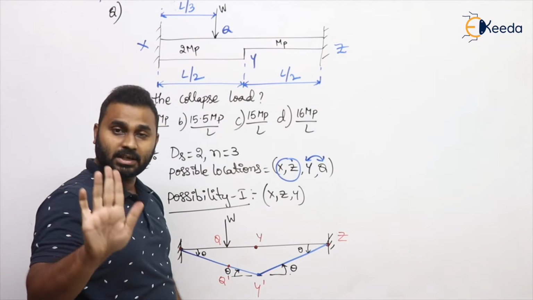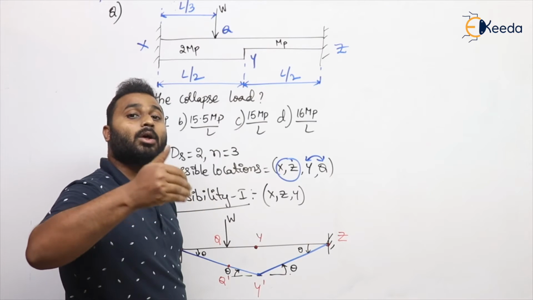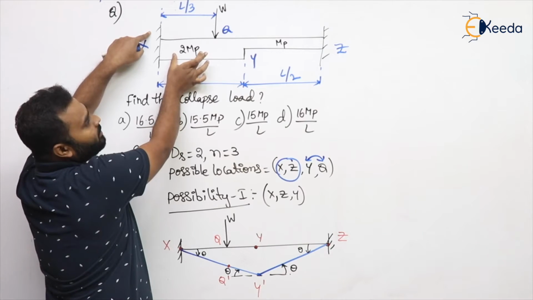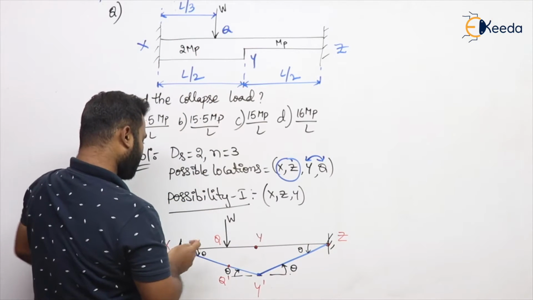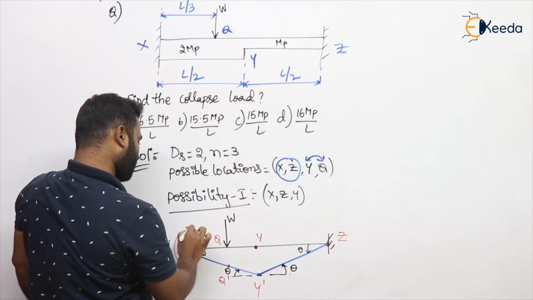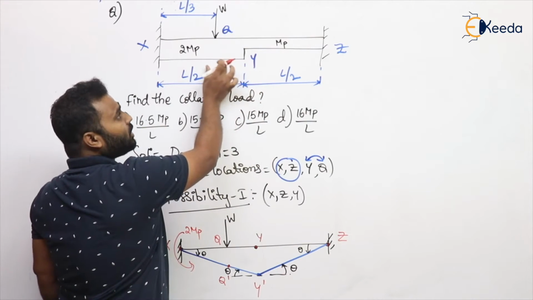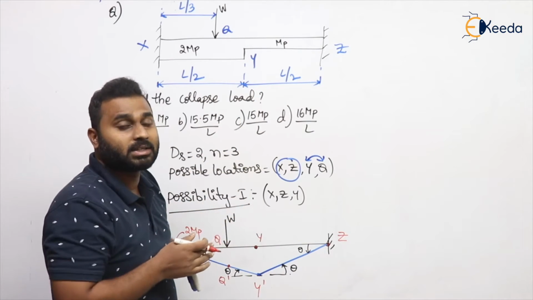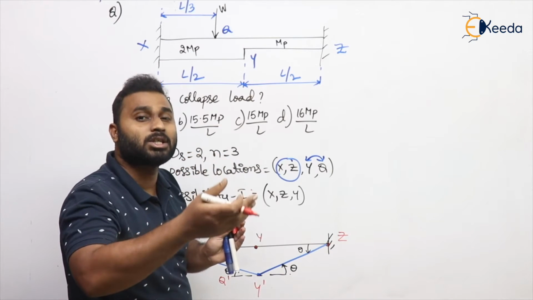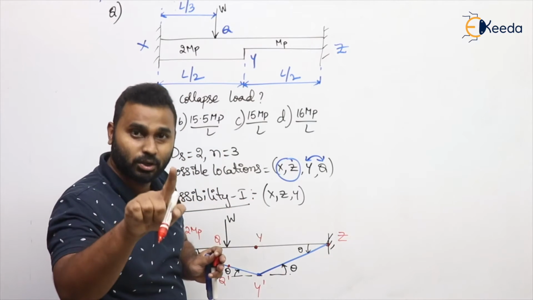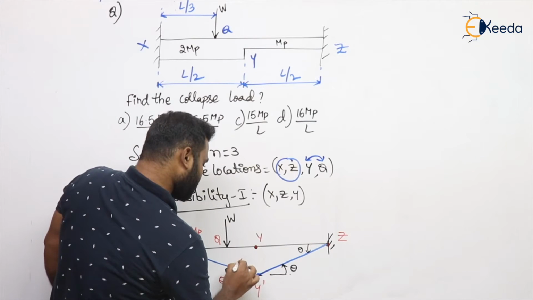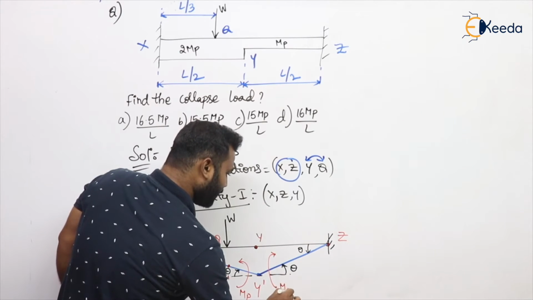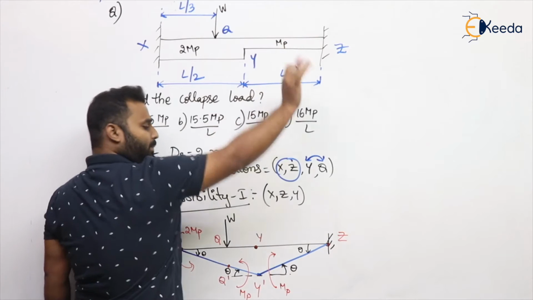Now wherever a plastic hinge is forming, at all the locations plastic moment will develop. Now at X, this section is existing. How much is the plastic moment carrying capacity? 2 Mp, so here it is 2 Mp. Now Y is the junction of these two spans. It means at Y, two cross sections are meeting which have two different plastic moment capacities, and out of those two, the minimum we need to take. Therefore here it is Mp, here also it is Mp. Now Z is simply Mp.